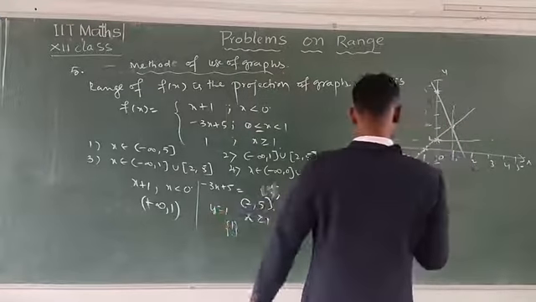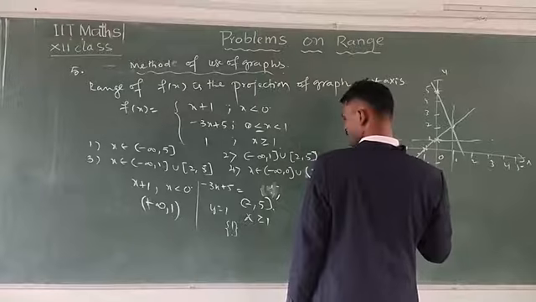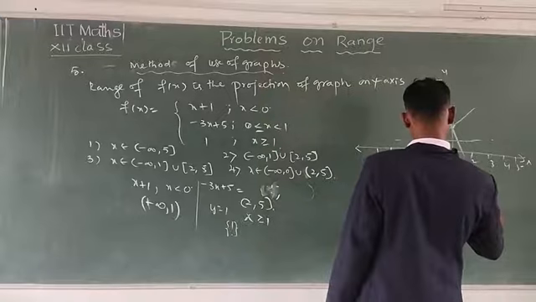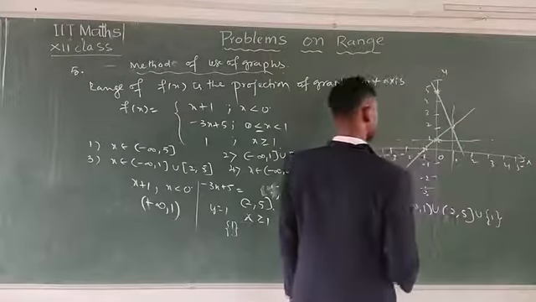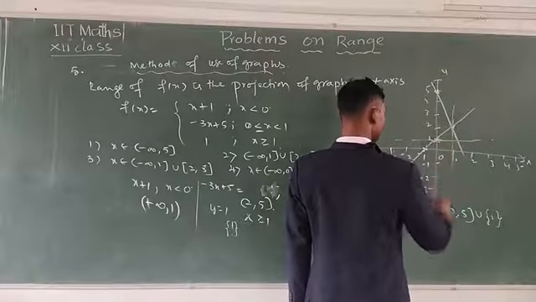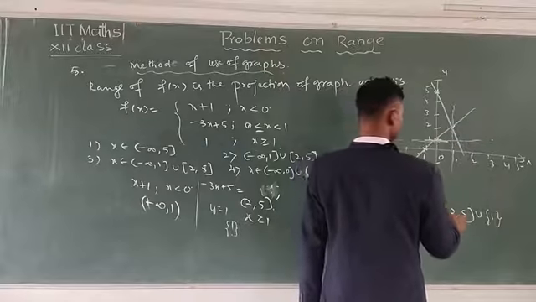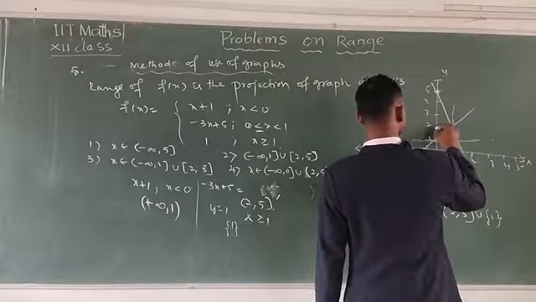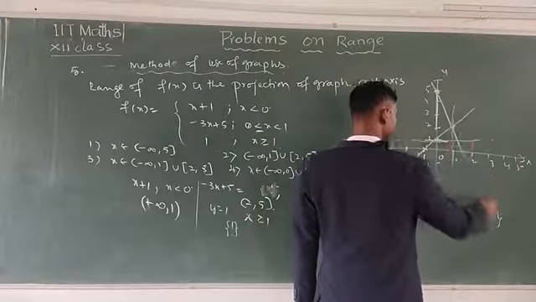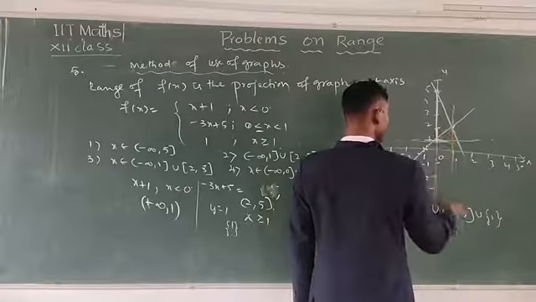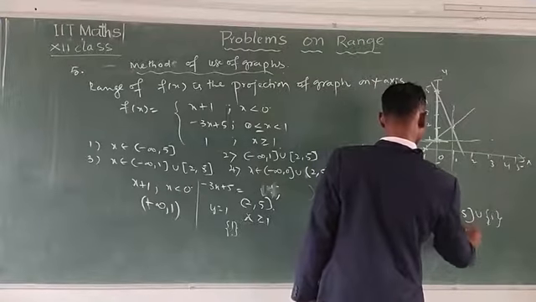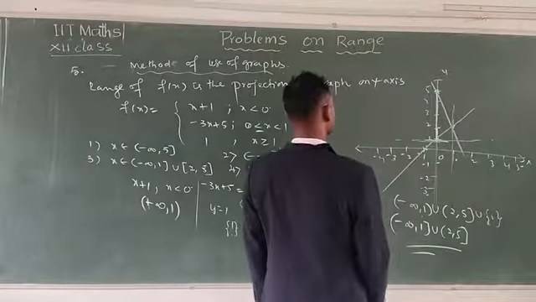Now the first one is here: minus infinity to 1, open interval, union. The second one is here: 2 to 5, union the set {1}. Here minus infinity to 1. Okay, next one is 2 to 5. Here, this is 2 to 5. Here minus infinity to 1, and this 1 is also included there. Then here, closed interval, this is 1. Minus infinity to closed 1, union, this is (2, 5). This is the answer by using the graph.